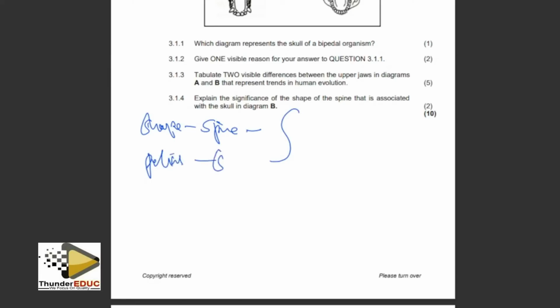Pelvis is short and wide. And then number three, these are factors which affect bipedalism. Short and wide. Is wide, right? And short. So if you look at it, it is wide and short. And then the third one is